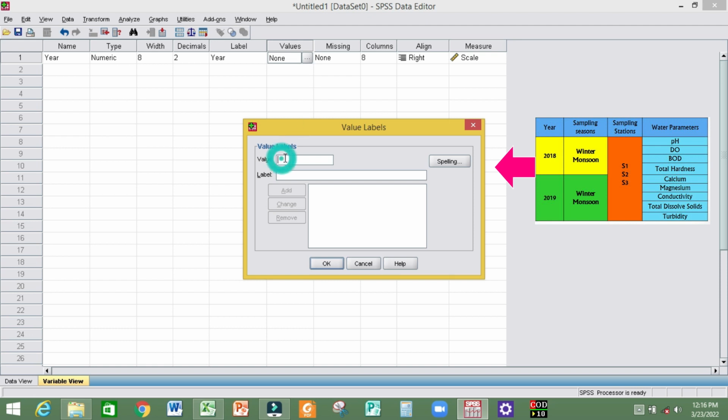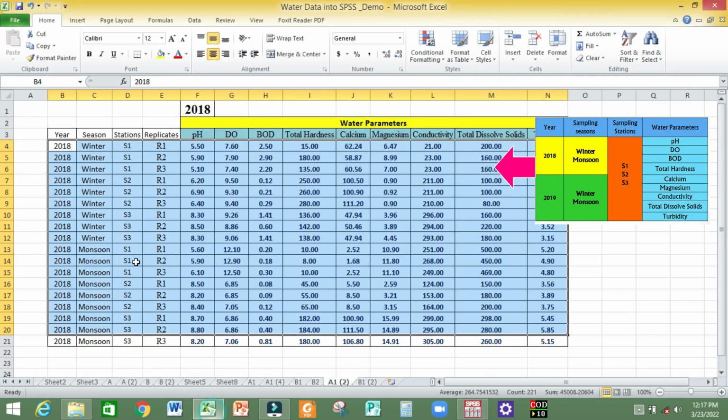let's say the first year here, for value just type 1 and label it for the year 2018. Okay, then you just have to click add, and see 1 is equal to 2018. And for the second year, value will be 2, label is 2019. Okay, so now you see, this is what I was telling you about SPSS language, because if you keep this